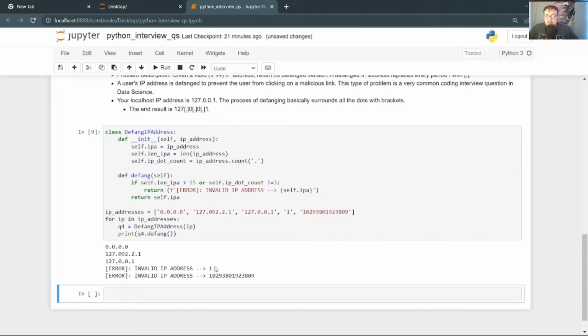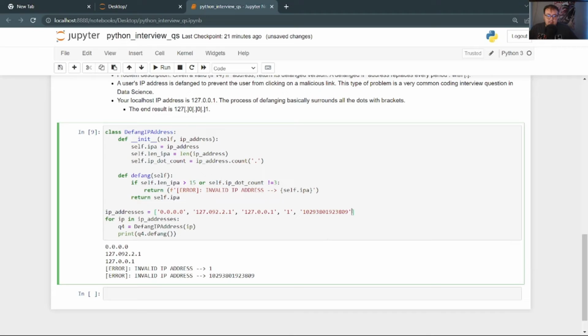So we can see that the value is 1 only because it doesn't contain, what is it called, a dot. This is just not valid. We can also add another statement saying, well, there's no dot, so obviously it's not a valid IP address. You can't just have 1 as your IP address. It's not gonna work.